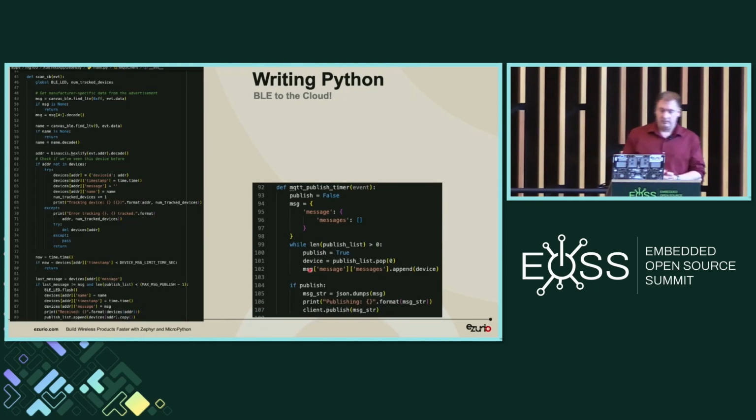And then we take it one step further, getting that data to the cloud. So you would build all that same stuff. In this case, a lot of times a gateway may only need to scan. So for our gateway, we implement our scan callback. So when we discover that device, we can do some Python code for filtering, and that's what you're seeing here. So we can keep track of if we've seen the device, and we create a dictionary to store the device's ID, when's the last time we saw the device, its message, and then we can do cool stuff like rate limiting it. So here on line 79,